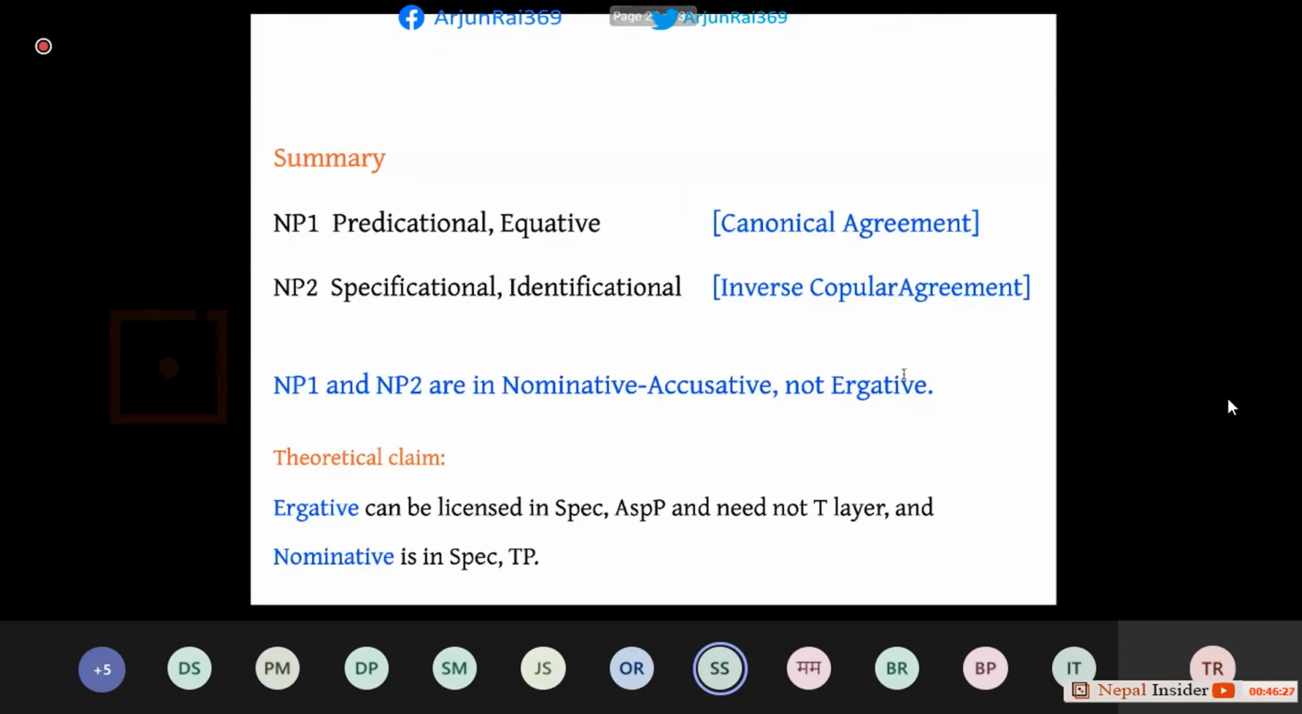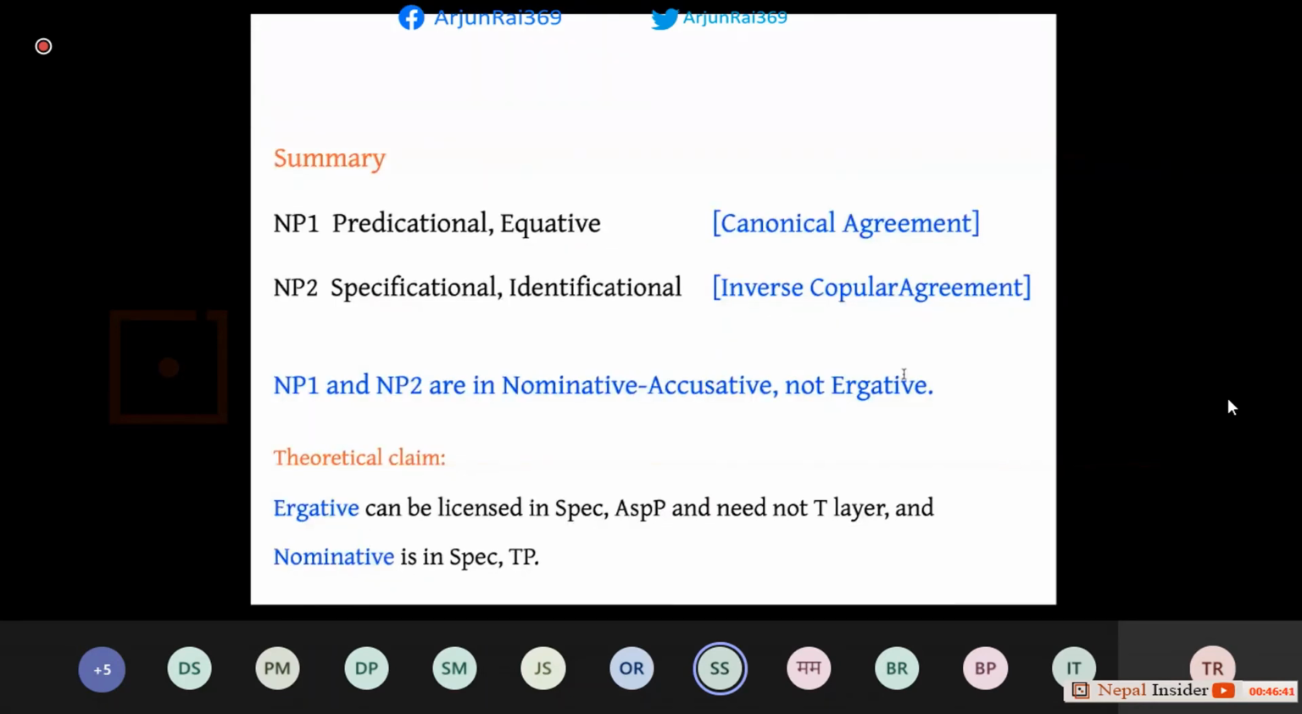So if I have to summarize once again what these diagnostics and the facts show, supported by the diagnostics: predicational and equative copular clauses do agree with NP1, therefore the canonical agreement pattern is maintained, whereas specificational and identificational copular clauses agree with NP2, and therefore there is an inverse copular agreement in Nepali. And NP1 and NP2 are in nominative accusative and they are not in ergative,